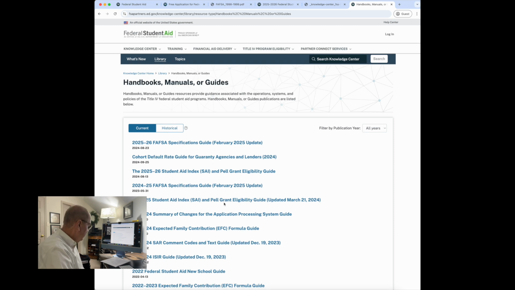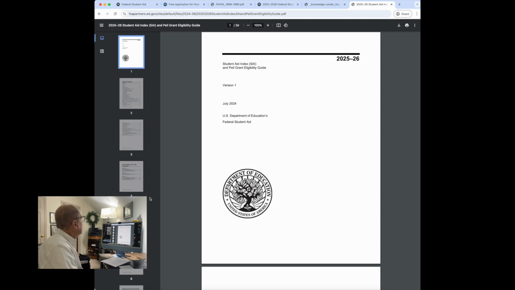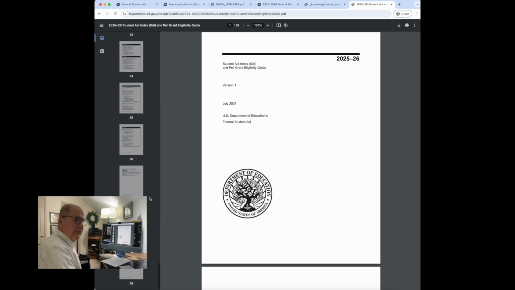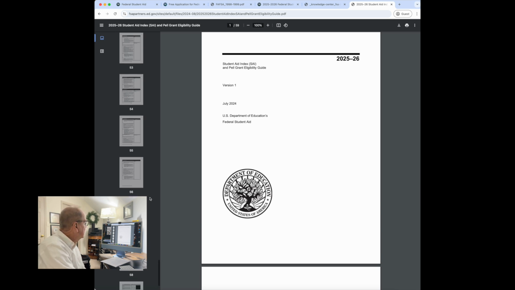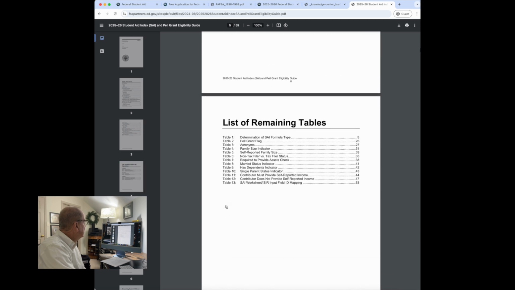And we're going to do the 25-26 SAI and Pell. And this is the 59-page document that tells you the 3 different formulas or the 3 different cases of calculating an SAI. And I'll just give you a rough idea of what's in here. Basically, scan down here,